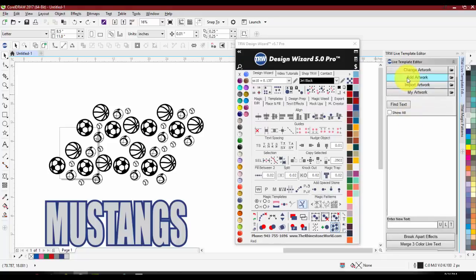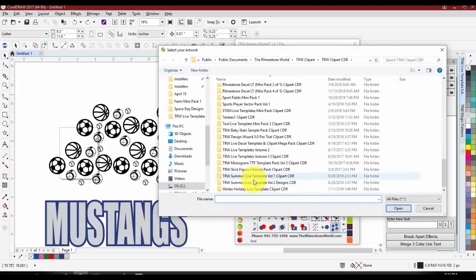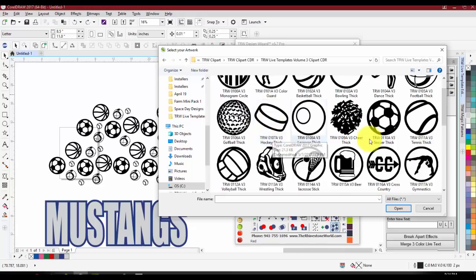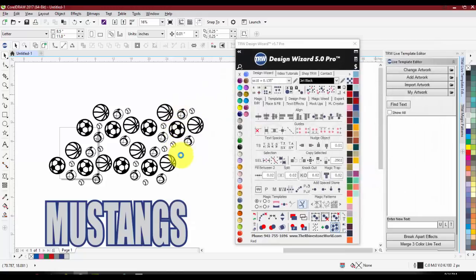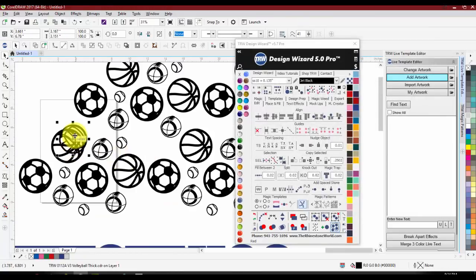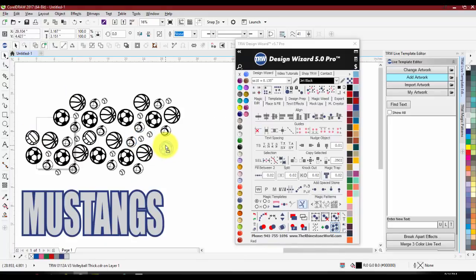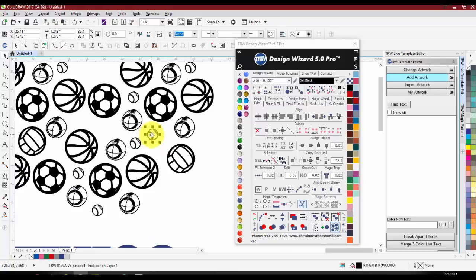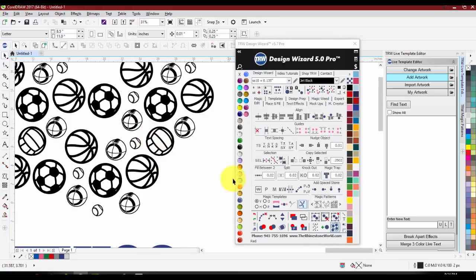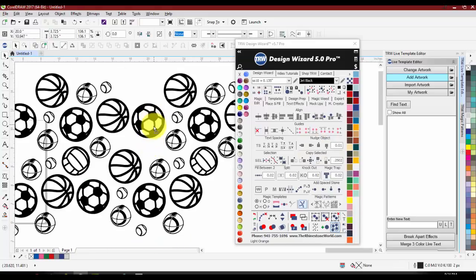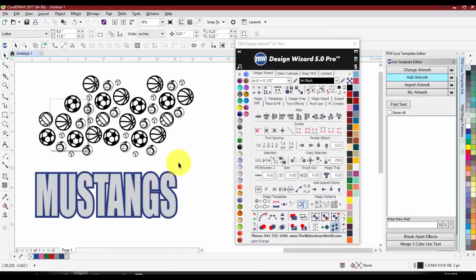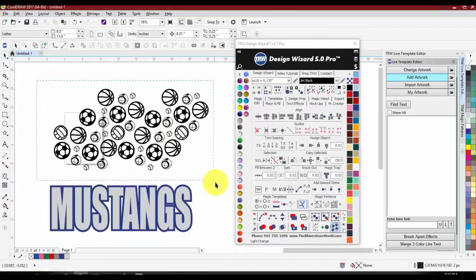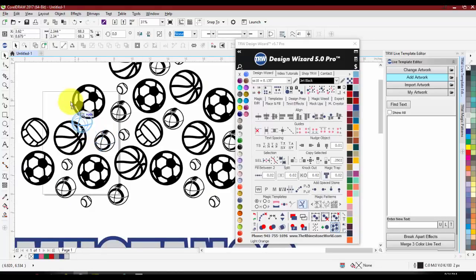We're going to add one more sport in here to fill that gap, so we'll throw some volleyball in here too. You could do a copy and paste too and set up your design in these areas just like that. Whatever's easier. We just went over the copy tools the other day, so I was just incorporating a little bit more. Once we get a nice pattern set up like this,